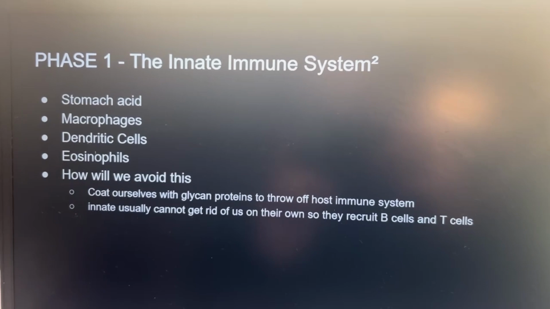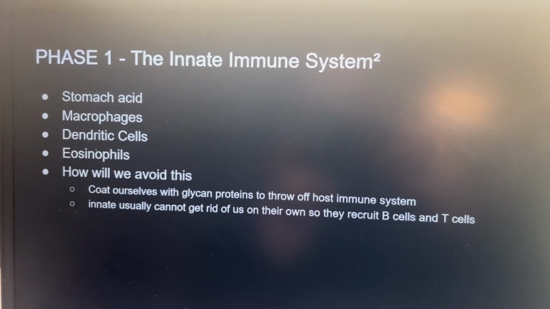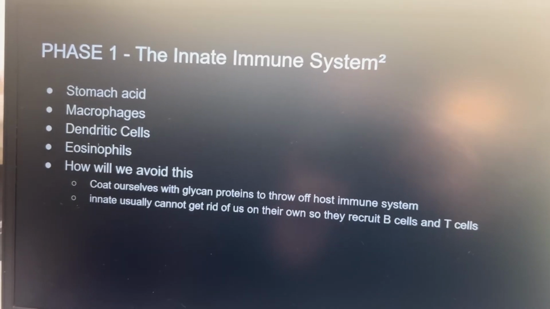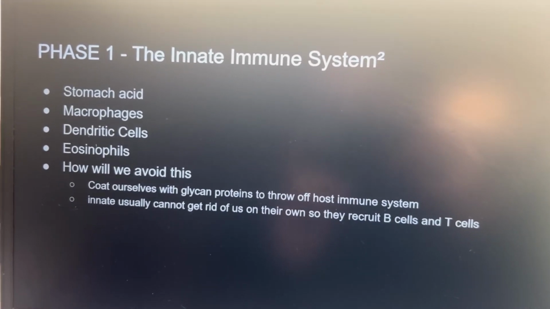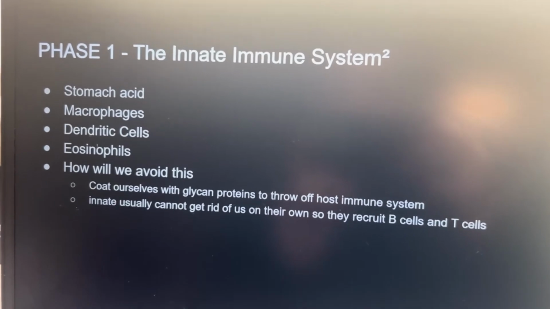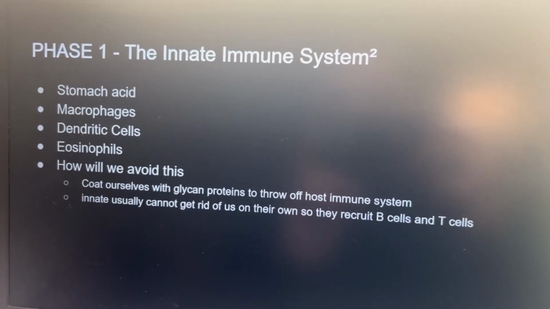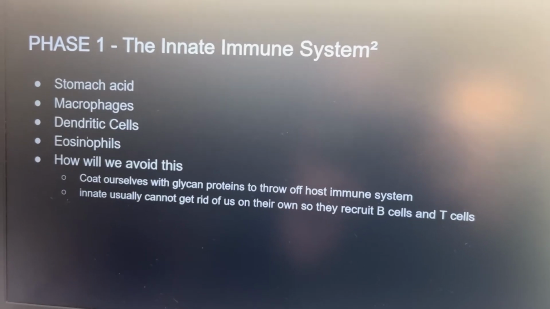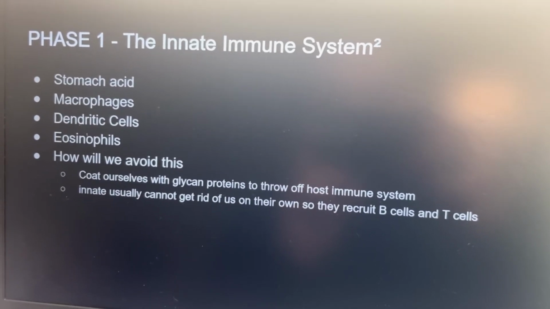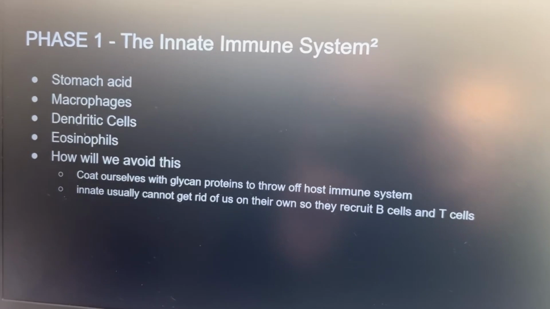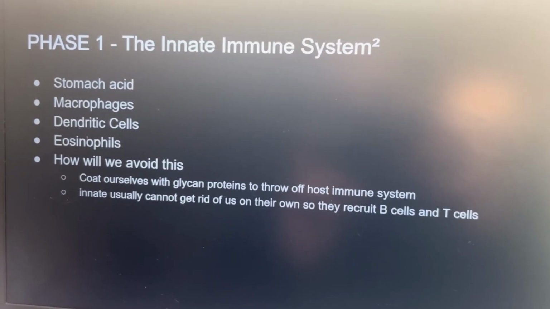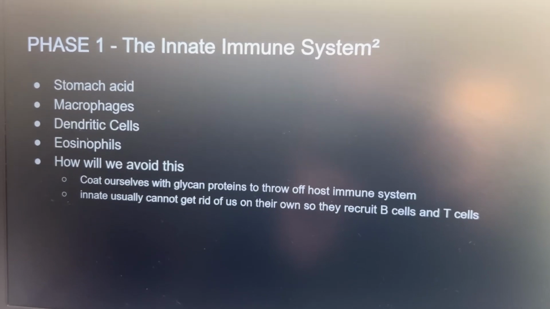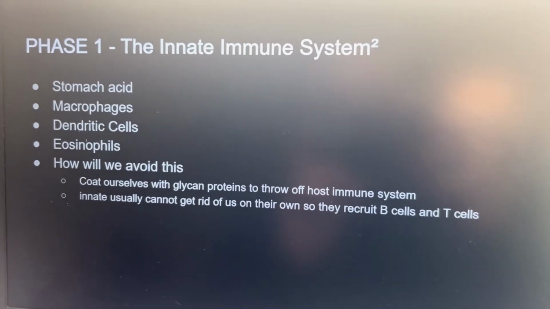Now I will discuss the pesky innate immune system of these humans. First, there's stomach acid that can reach pHs so low that it destroys most things that exist inside of humans. Second are macrophages, which phagocytose pathogens within humans through PRRs and PAMPs. Second is dendritic cells, which present antigens as captured to lymphocytes within the human immune system, like T helper cells. Third is eosinophils, which destroy worms such as us.